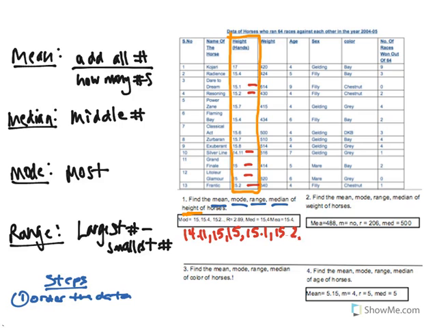Okay, and then I have 15.4, that's two 15.4s. Okay, and then I have 15.6, 15.6, and then I have 15.7, 15.8. Okay, and last,